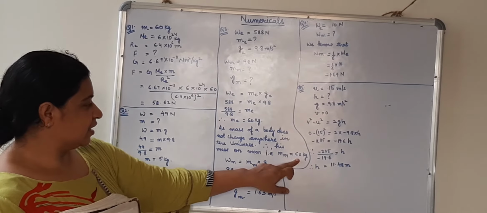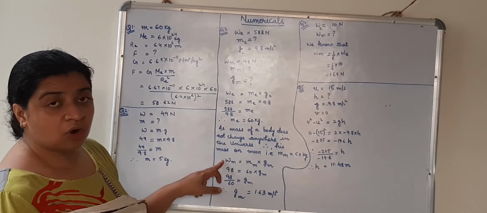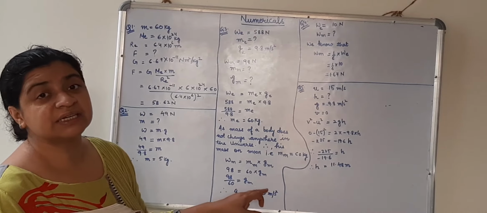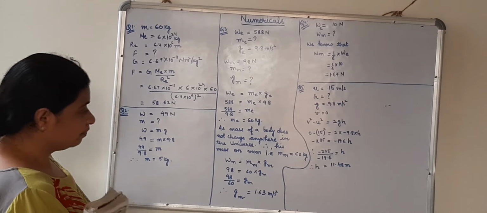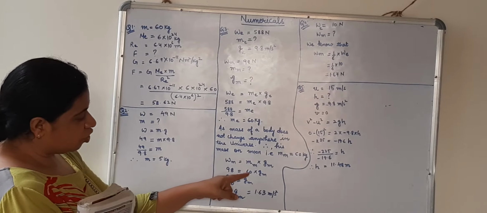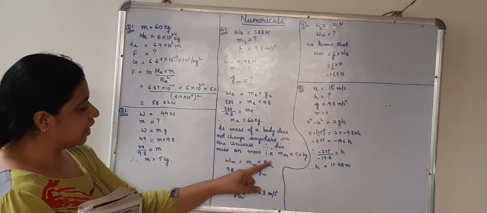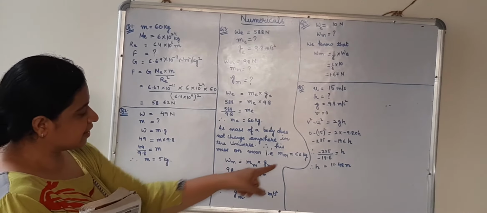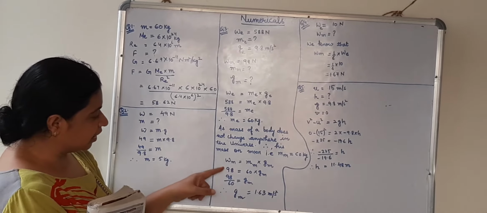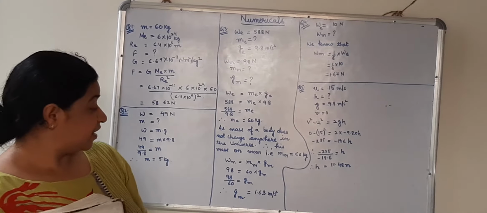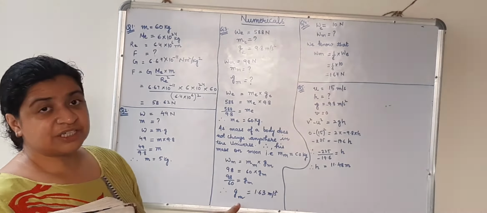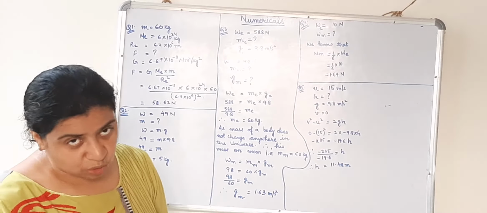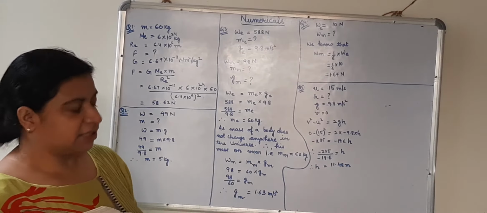That is 60 kg. Now we know the weight of the person on the moon, we know the mass of the person on the moon, we need to calculate acceleration due to gravity on the moon. I have put the values in the formula. Wm is equal to mm into gm. 98 we are given here. M we got 60. G we need to calculate. 98 upon 60, that is gravity. Acceleration due to gravity on the moon is 1.63 meter per second square. This is how we do this numerical.